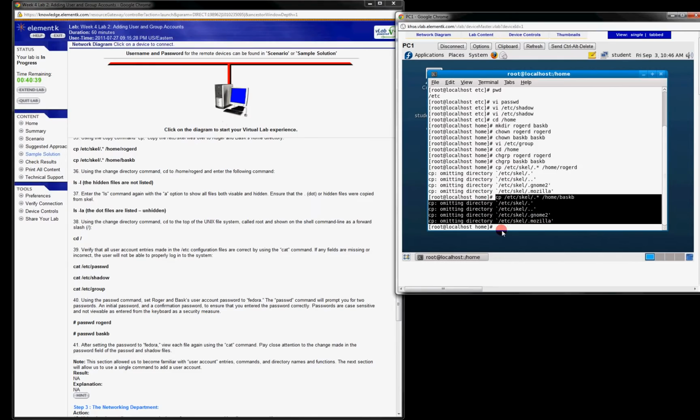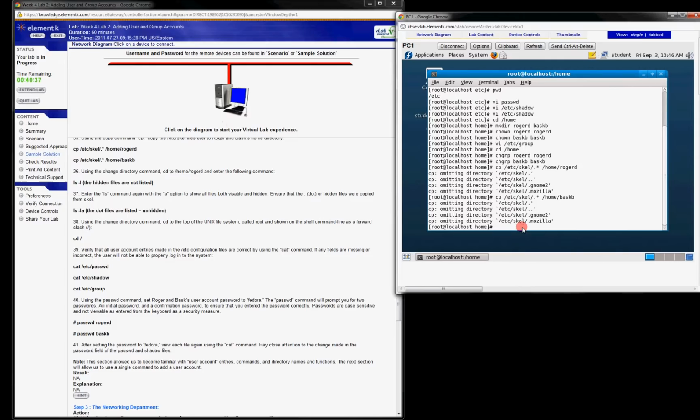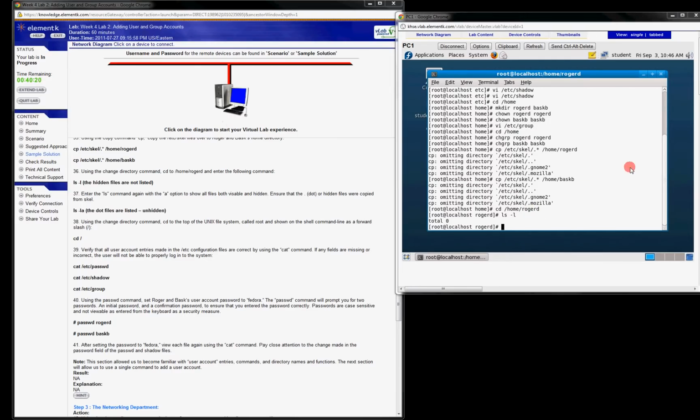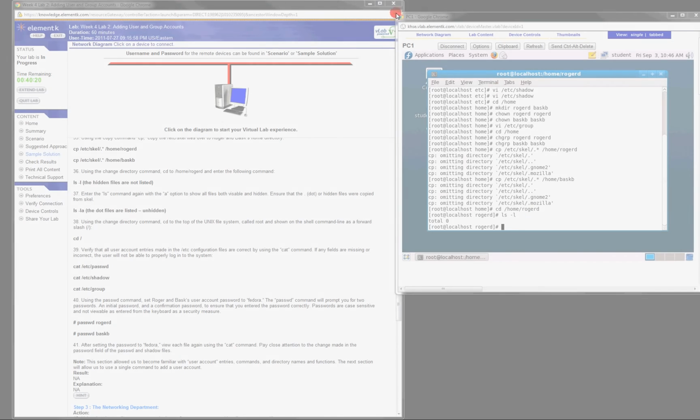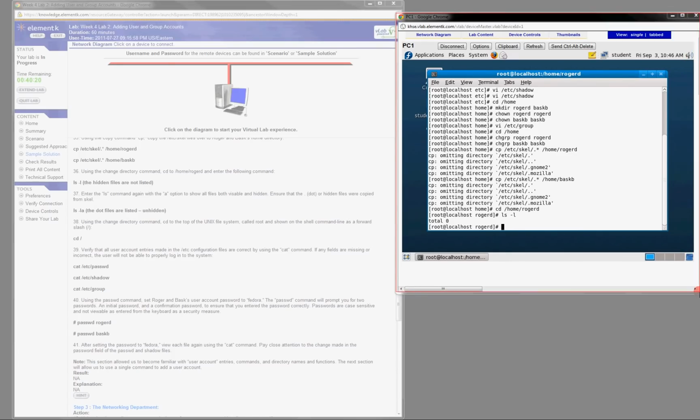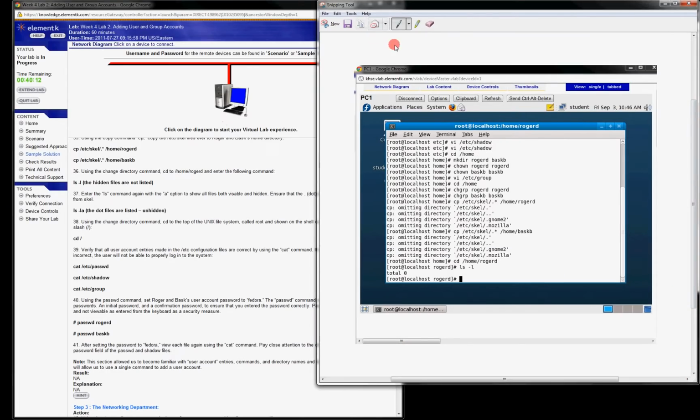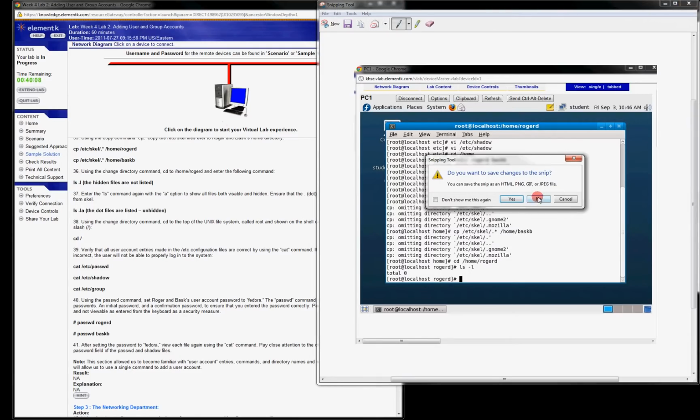I did the same thing for Basque, and again, it omitted some directories. I'm not sure why. Guess we'll have to look that up. But now it wants us to change directories to the home of Roger. And once we change there, it wants us to do an ls -l, and then we need to take a screenshot of this, because you've got to remember that when you do just the regular ls command, it's not going to